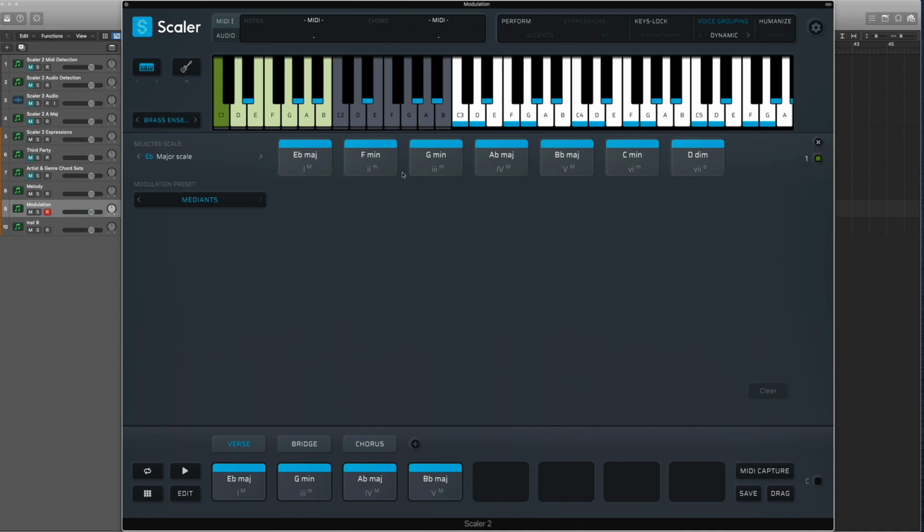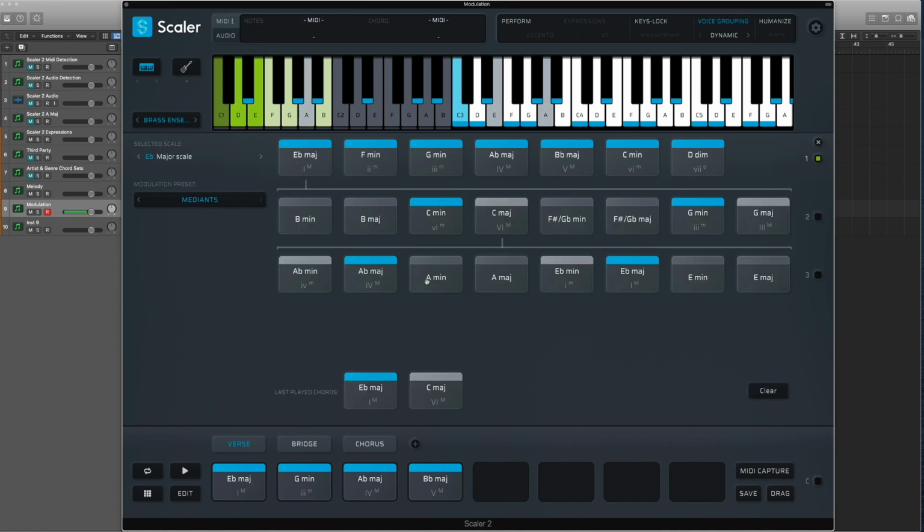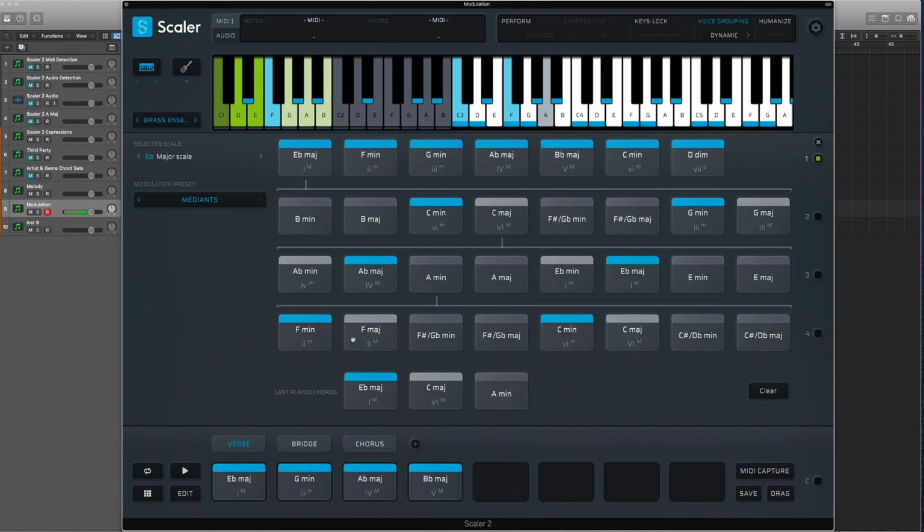What this does is these are artist-written presets. So you trigger a chord and it'll come up and tell you a bunch of other options that don't necessarily fit a scale but fit a certain pattern to ensure that you're coming up with really unique and stylistic key changes. So I can go E flat major, I'm going to choose C major, A minor, F major, and then I've come up with just a real unique